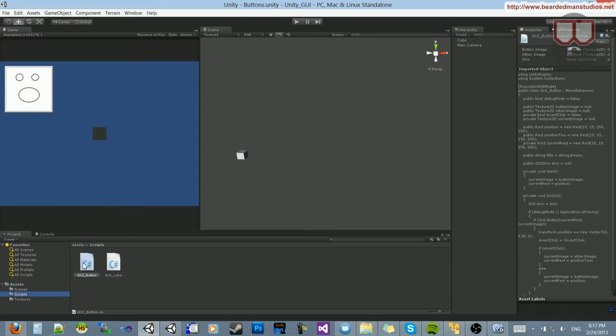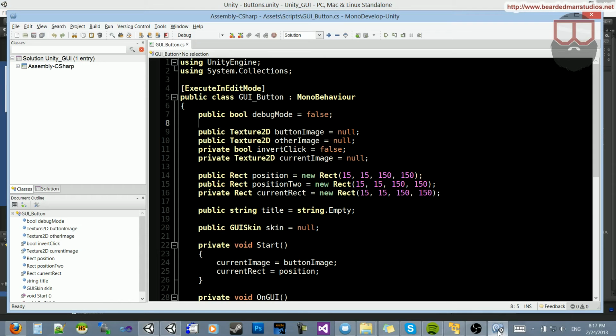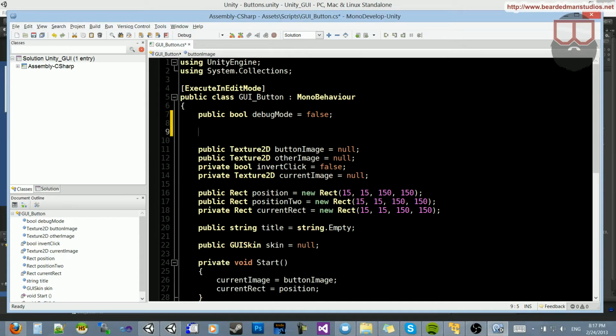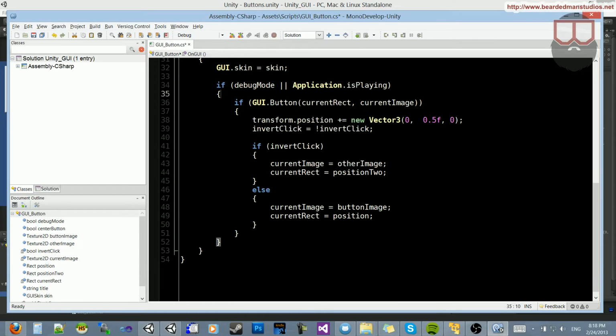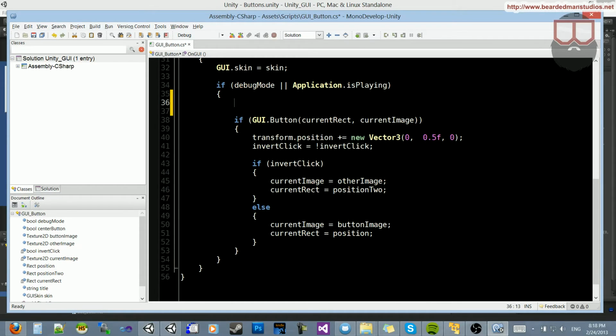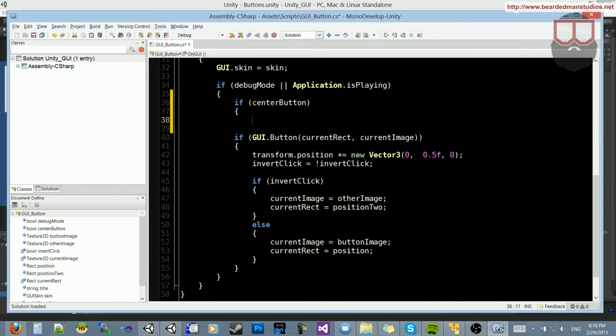What I'm going to do is open up my GUI button script. In here, I'm going to add a new boolean that's going to say public bool centerButton is equal to false. Obviously, when we tick this on in the inspector, we want to center our button. So here we have our rectangle, our current rect. What we're going to do is say if we have centerButton enabled,